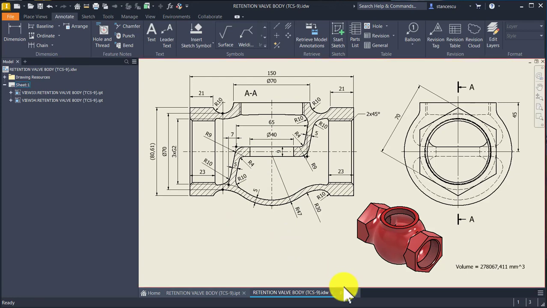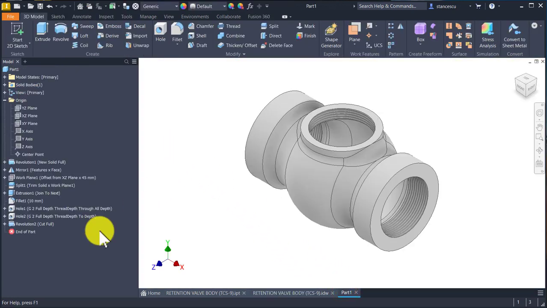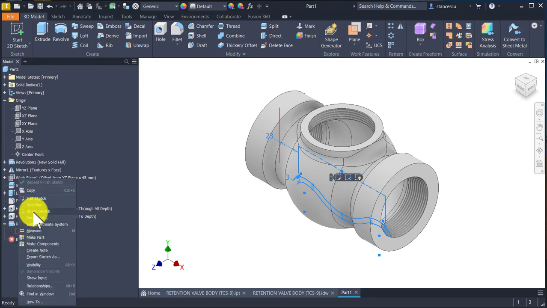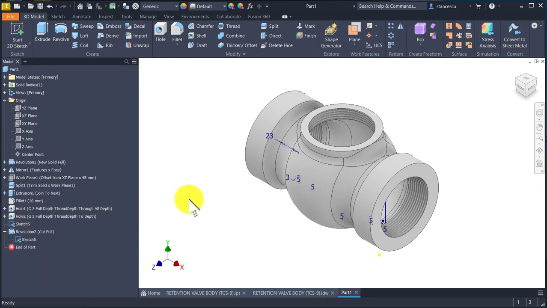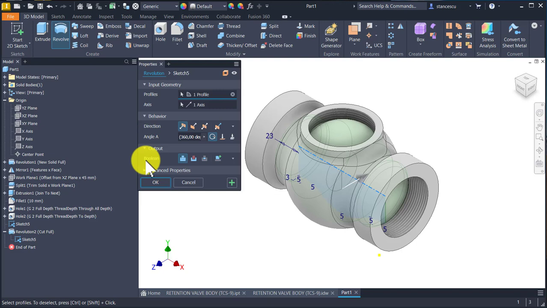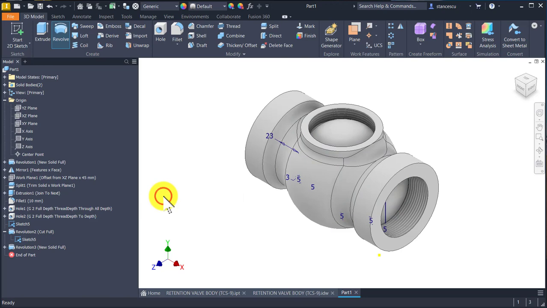To do this, firstly we create a new volume by sharing this sketch. Share sketch, and then we apply revolve, but as a new solid, not cut, not intersect, but new solid. Okay,